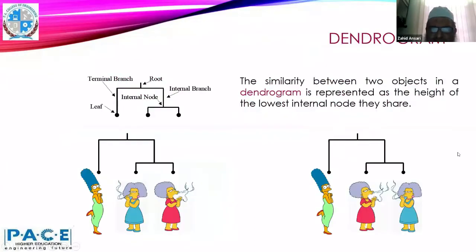We'll see the details, how it works. So what is the dendrogram? It shows the similarity between the objects. It has a root over here, and it has a leaf for each individual object. The merges are represented by the internal nodes. There's an internal branch, and there's a terminal branch which goes to the leaf. Let's say here 3 objects are there. These 2 objects on the right hand side are more close, so they are merged first, then after that they are merged with the third one. This is a dendrogram.